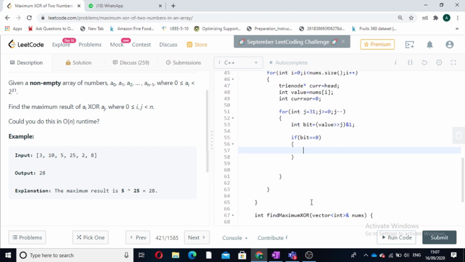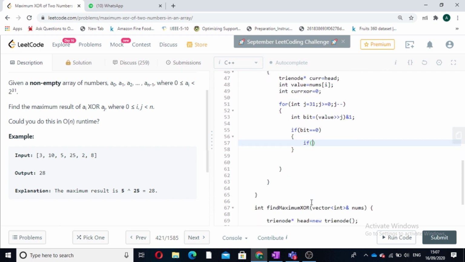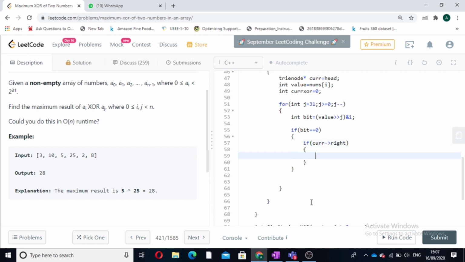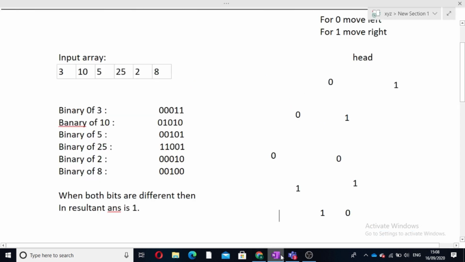So now we have bit equal to 0, we have to check on the right side whether the 1 bit exists or not. If current right exists, it means 1 exists. Now we have a bit 0 and a 1 also exists, so XOR of 0 and 1 will give us 1, and the position of this 1 bit will give us the decimal answer.